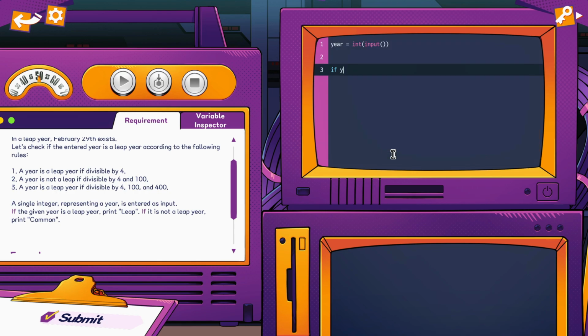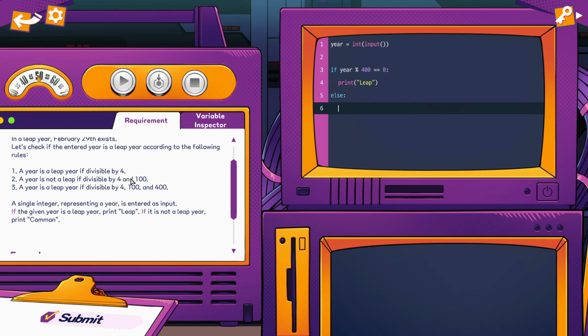Let's say if the year is divisible by 400. If the year is divisible by 400, it is also divisible by 4 and by 100. Okay, the reciprocal is false. If a number is divisible by 4 and 100, it is not necessarily divisible by 400, but the other way, if a number is divisible by 400, it is divisible by 100 and by 4. So if I have this condition, the year is a leap year. Okay. Else,